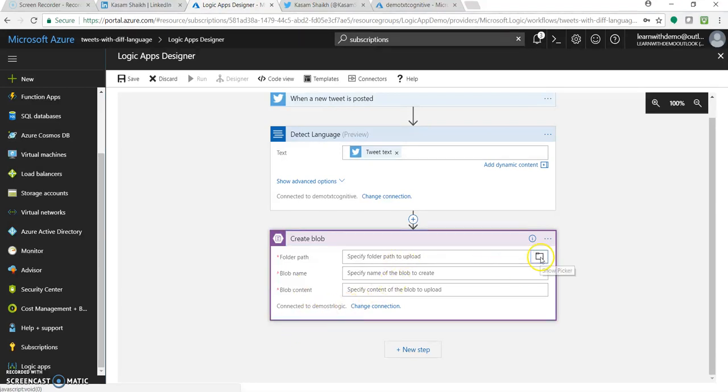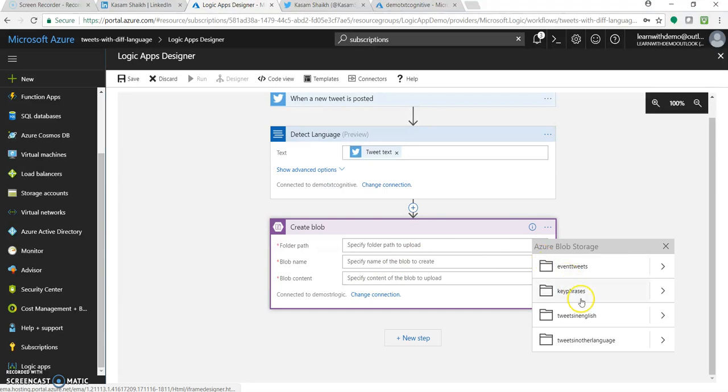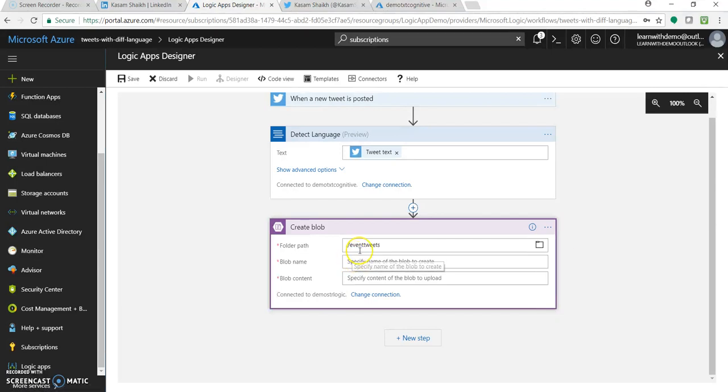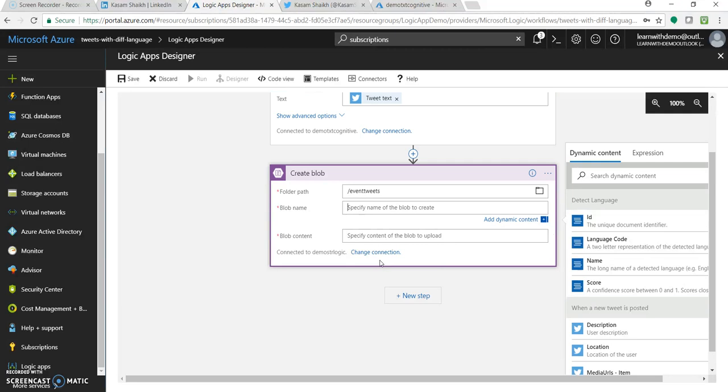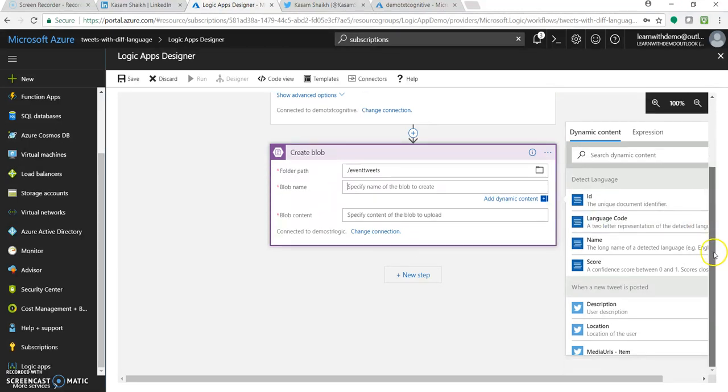So it has a container named event tweets. I will just select this as a folder. The blob which will be created will be under this container. So the blob name here would be, you can see these are the parameters from the earlier connectors. So the blob name would be of course the language,